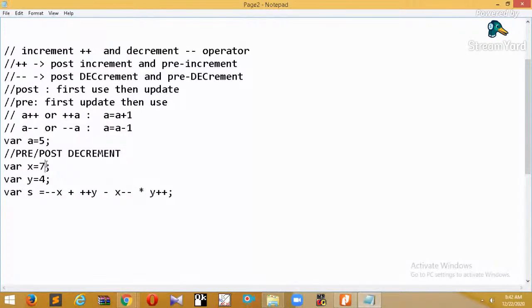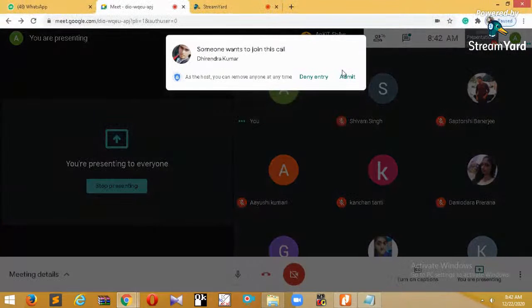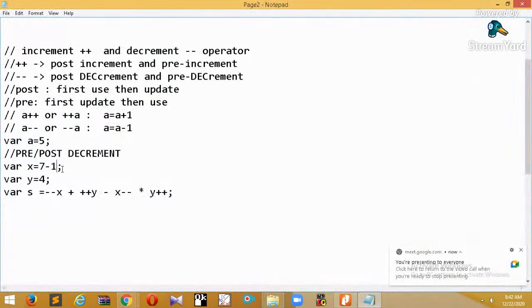My earlier value is 7, and since I'm doing pre-decrement, it is 7 minus 1. The value will be 6. So here I am writing the fresh value. So s equal to, first of all, because of minus minus x, the value will be 6. After that,